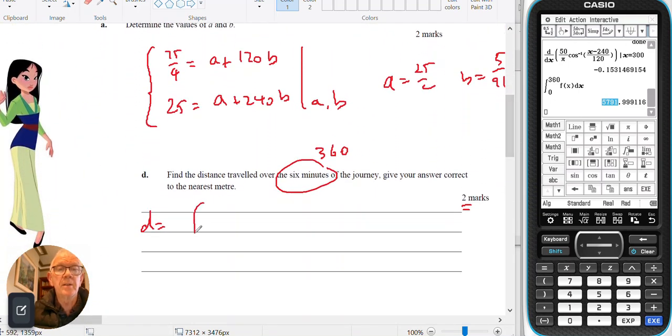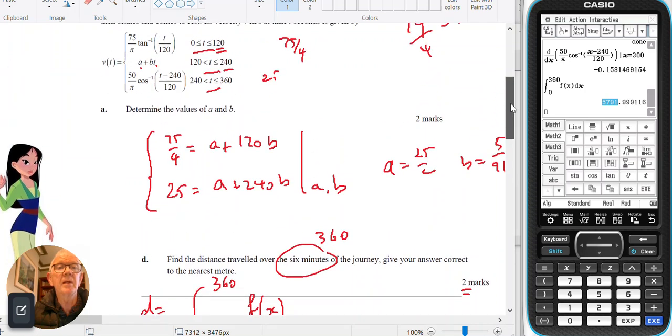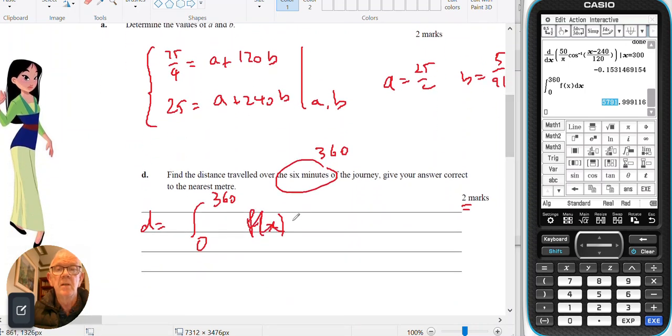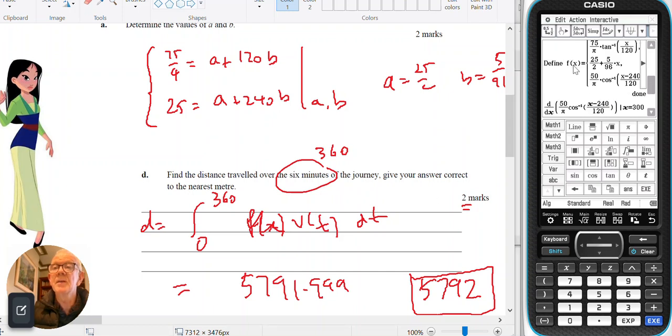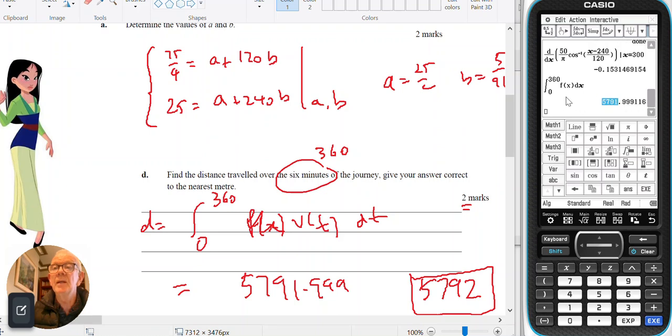So I'm going to say it's the integral from 0 to 360 of f of x. Was it called f of x in the graph up here? V of t dt, and my answer is 5791.999, to the nearest metre, 5792. I could do each of the integrals separately, but defining this as a hybrid function, I could then just integrate over the whole lot